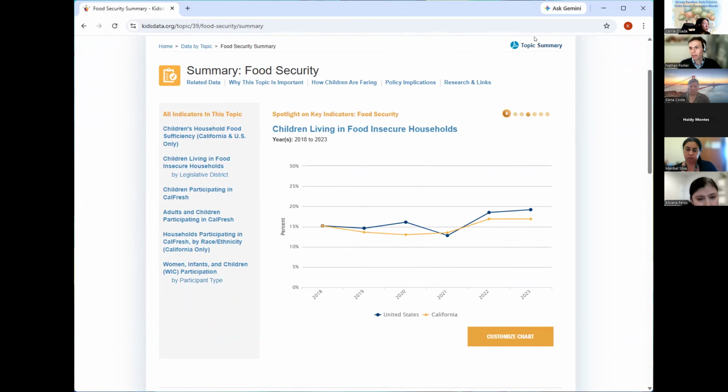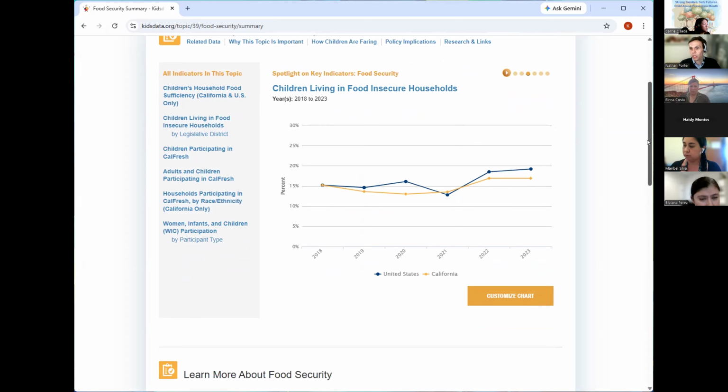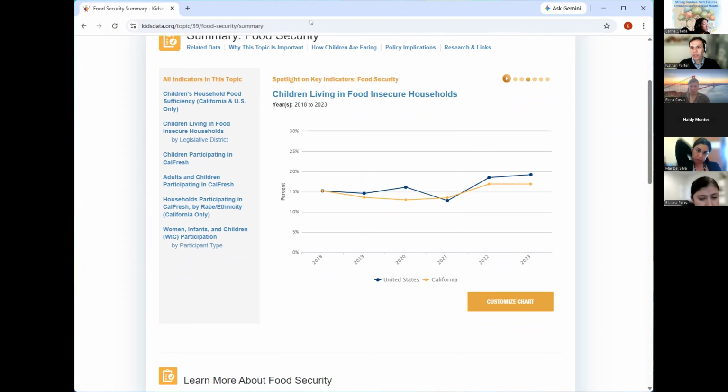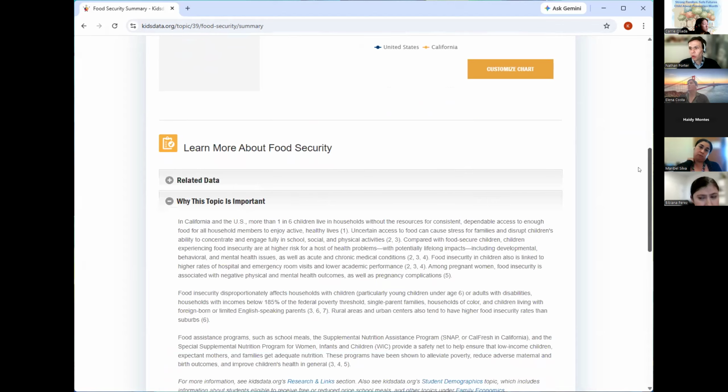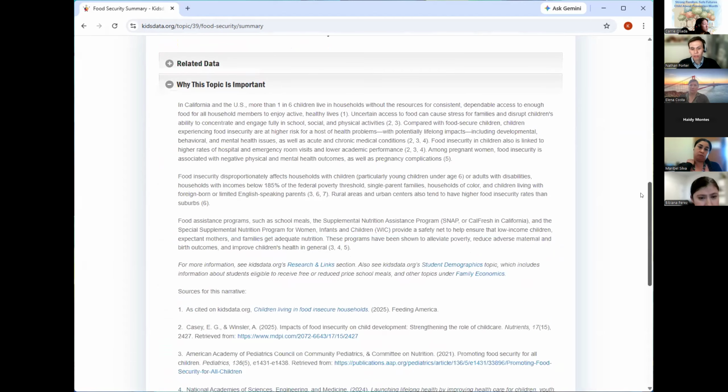We also have a link to a PDF, a two-page high-level overview that highlights key data and provides some background on the issues. And then below this spotlight, we have some additional resources that you can get to either by scrolling down or by following these jump links near the top of the screen. So we'll just go through these really briefly. The first one,